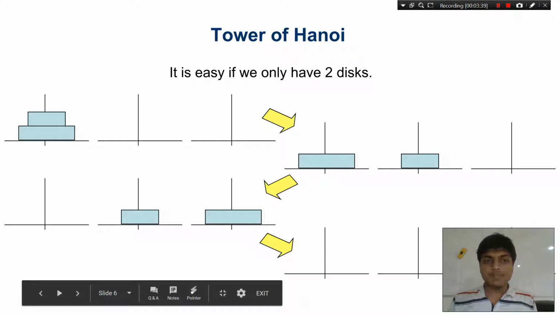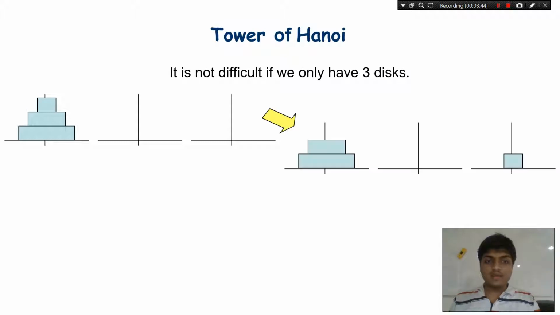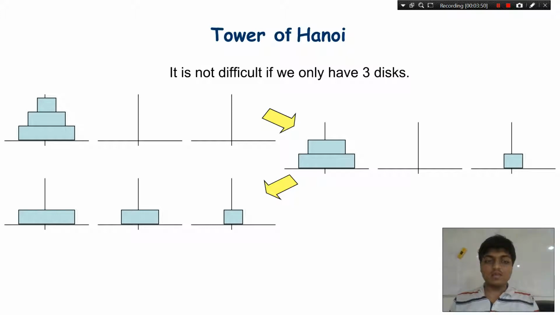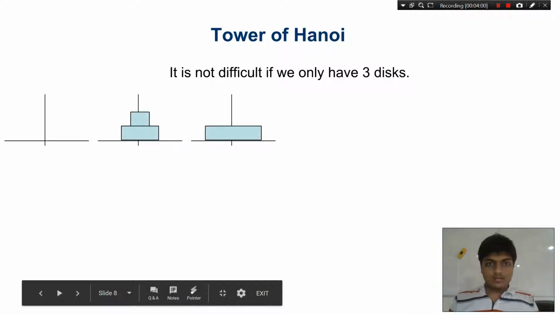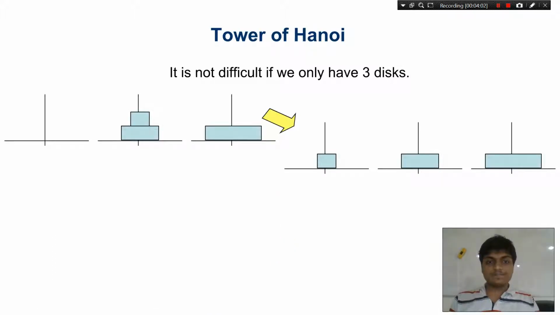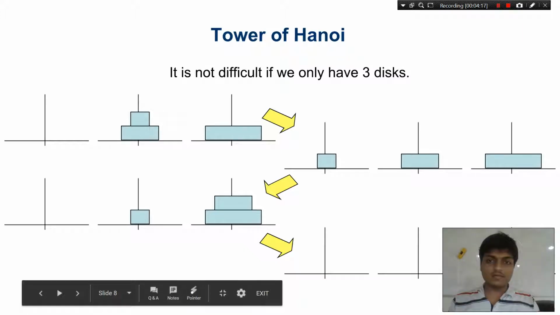Okay, so this gets a bit tougher, but not that tough. If you have three disks, here you first move this first disk to the third stack, you move the second disk to the second stack, and then you recreate the first two disks on the second stack, and then you move the third disk to the third stack. Then you basically move this stack of two disks back to the third stack, and you have the whole stack on the third stack. Okay,